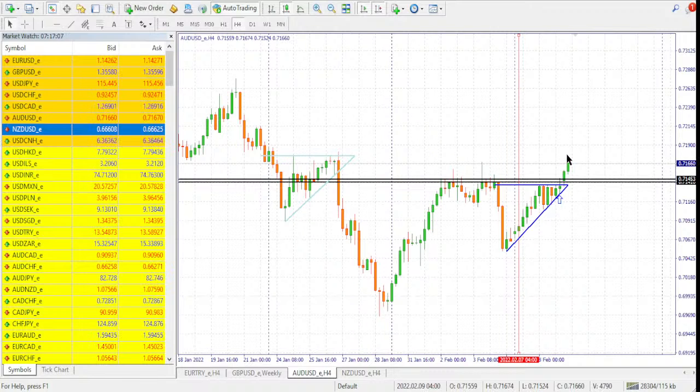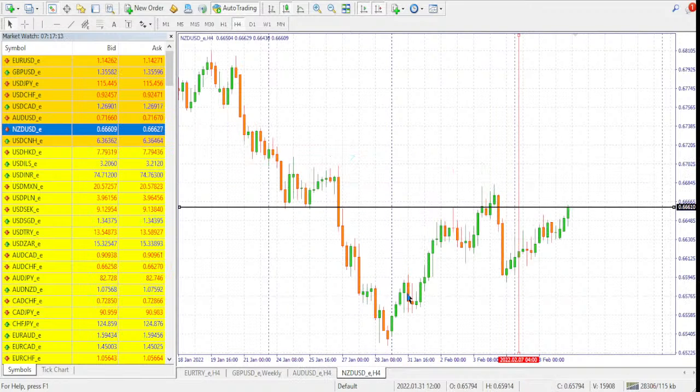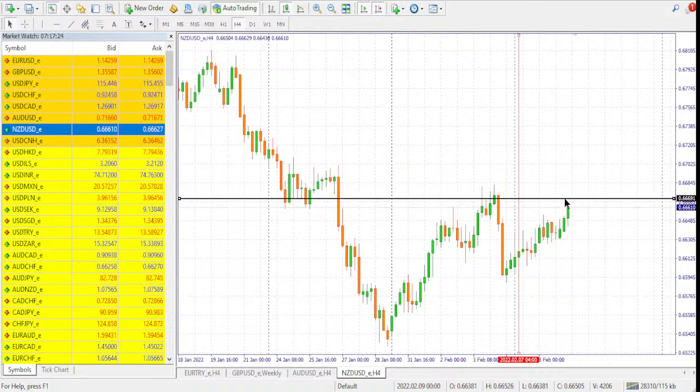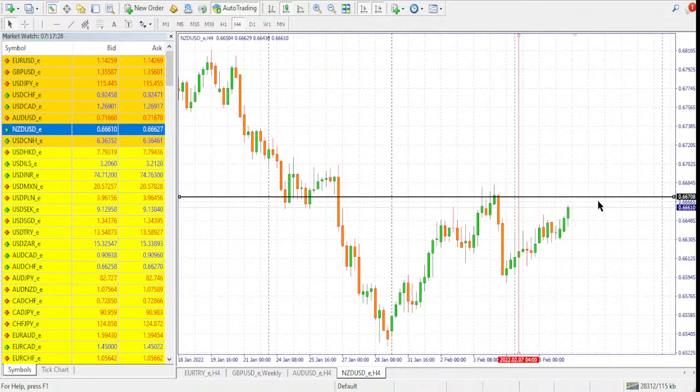Then there was this breakout here. So as it is now, the price is still above the same place. But if you check NZD-USD, we have almost the same resistance, but the price has not gone beyond it. So what this means is that we are likely to see the NZD-USD actually continue up and break above